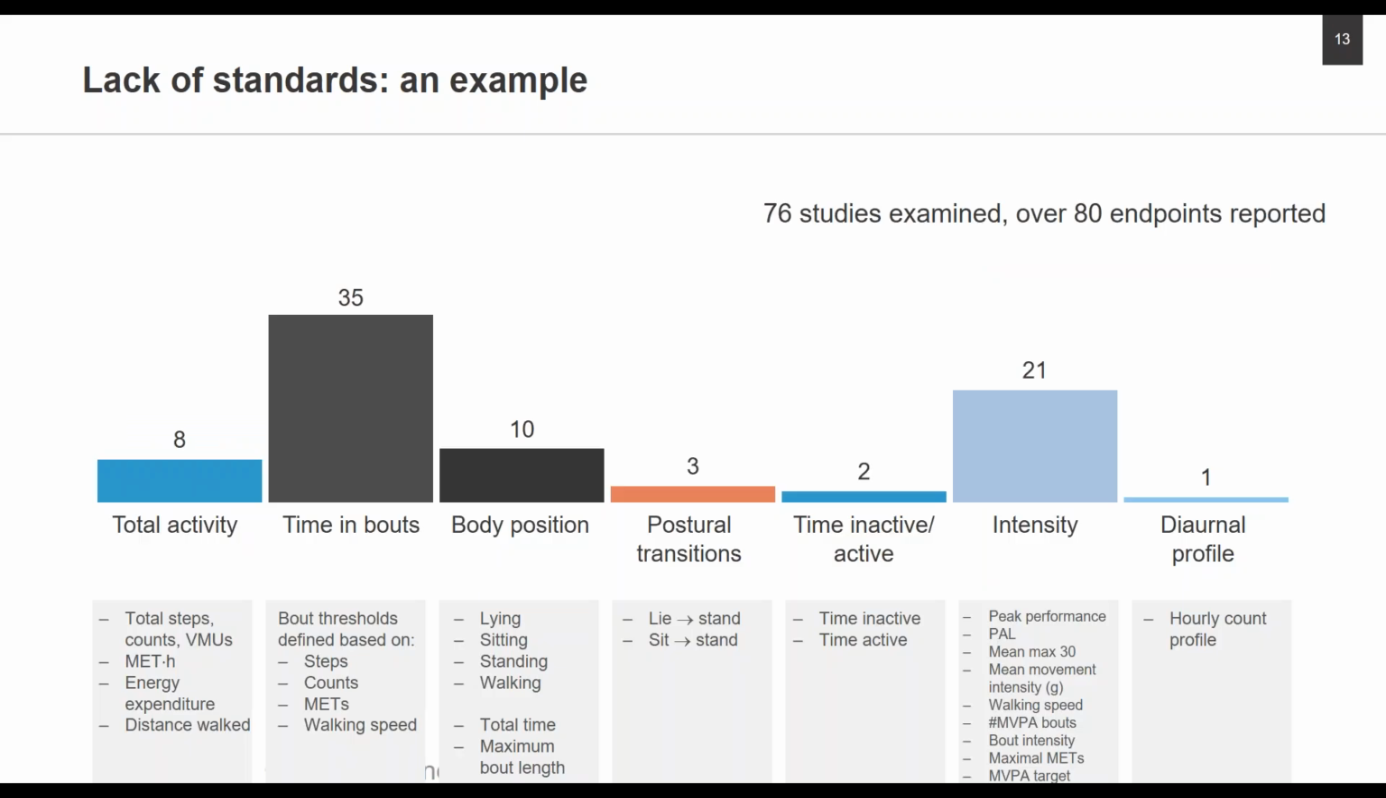And then finally, the clinical endpoints that they reported in those studies. There were over 80 different endpoints that they analysed across these 76 studies, and they looked at different aspects of activity, from measures of total activity like total steps, to intensity measures, to postural transitions, even the number of times people are getting up from sitting down. So again, if you go to the next slide, Chris,